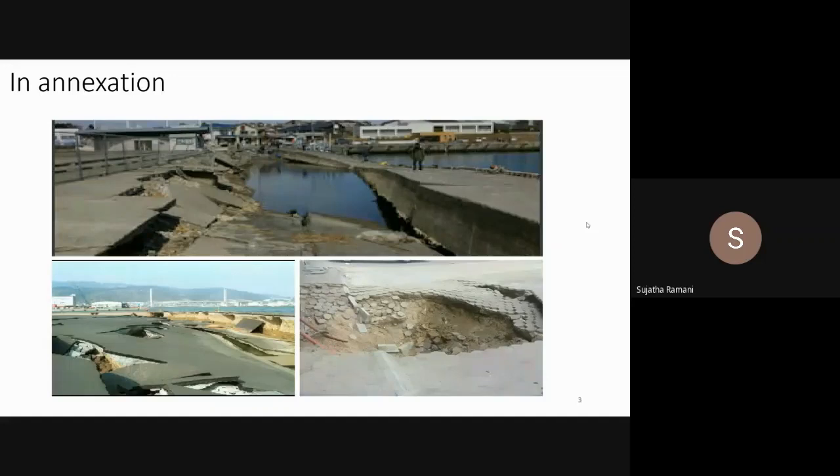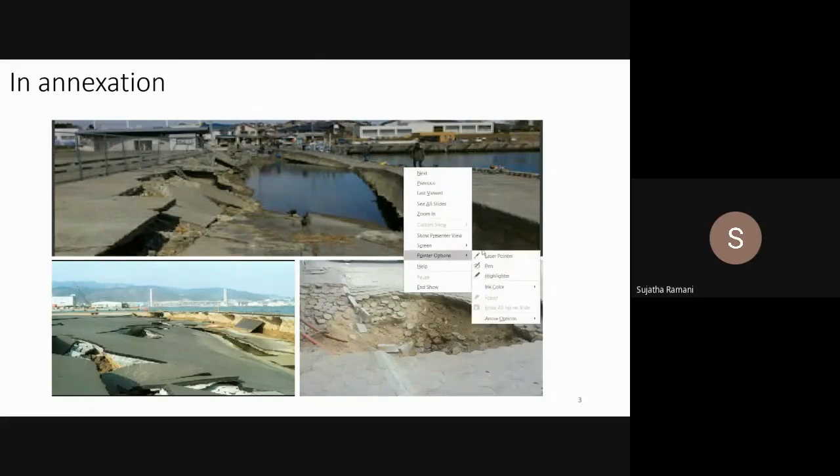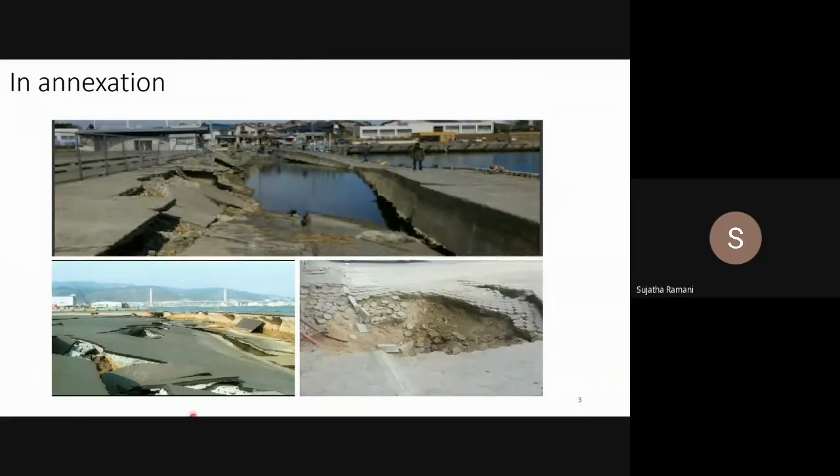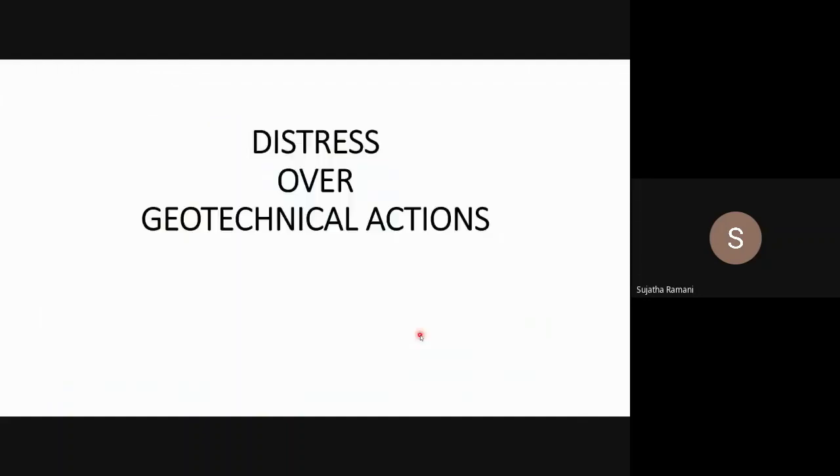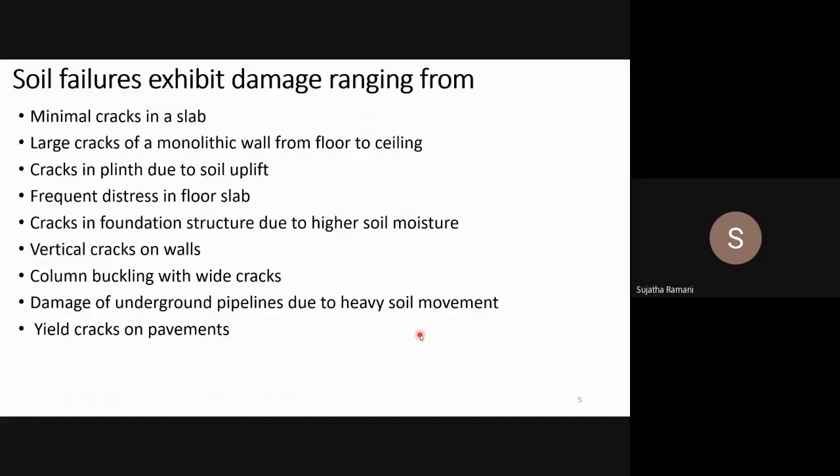So I have shown you some classic examples of pavement failures, because the visualization is more elaborate in these cases. So you can see these elements that are failing here. You can see these failures. And these have happened because of the failure in the ground. So what causes these failures? And how do these failures actually present themselves?